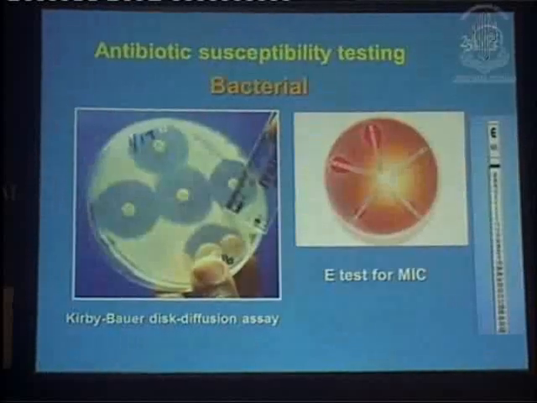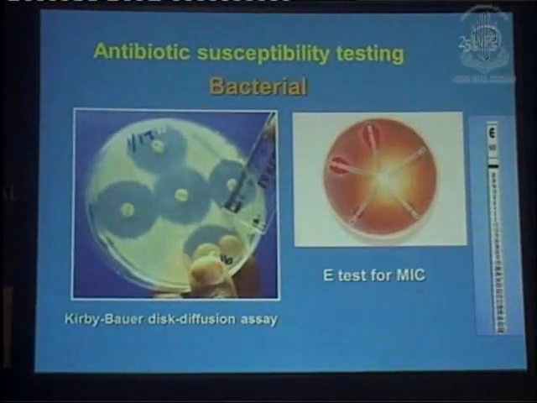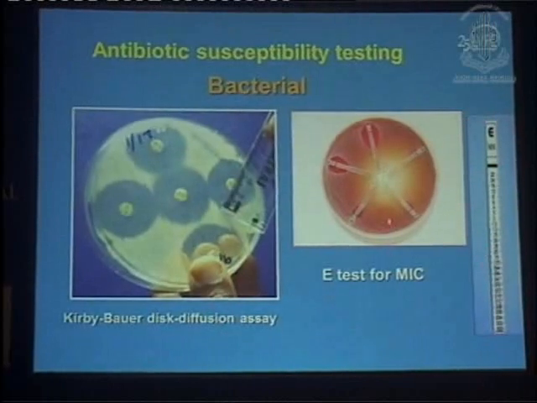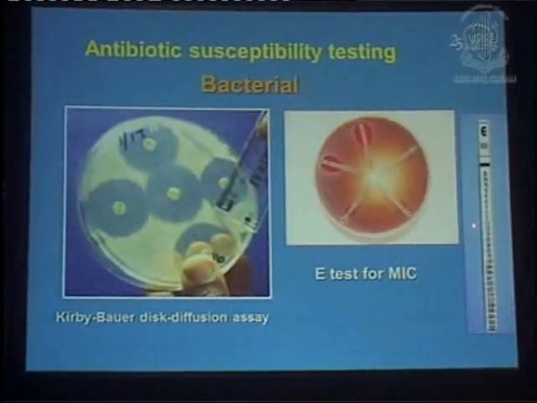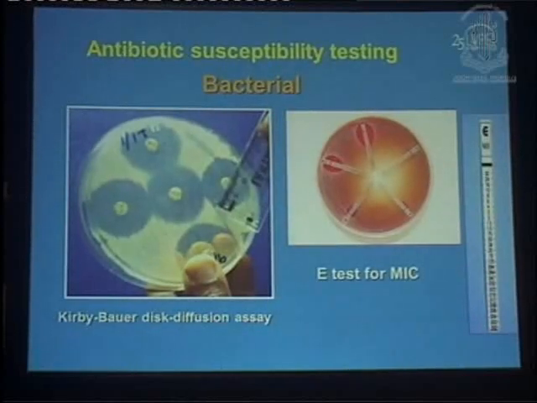significant. Antibiotic susceptibility is done using the disc diffusion method in most laboratories, and MIC nowadays has become easier to determine with the help of what is called E-test, where we have a strip which is commercially available and it has different concentrations of the antibiotics, so one can find out the MIC. So no more is it difficult to find out MIC even in a routine laboratory.